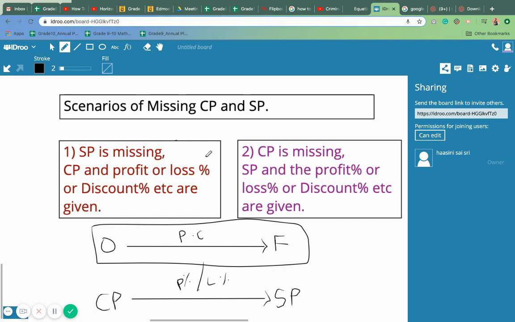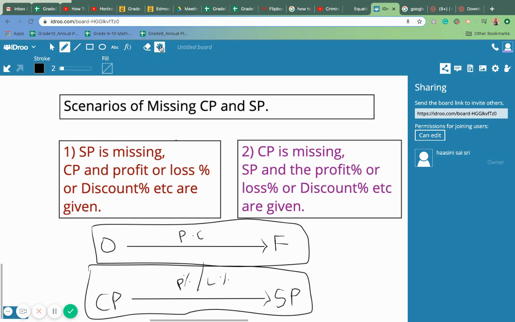Similarly, when we are looking at cost price and selling price, it is always important to make a flowchart similar to what we did in percentage change, and make sure cost price and selling price are written and the profit or the loss percentage is mentioned. If you compare these both, you'll be able to make the connection that cost price is nothing but the original amount, which undergoes a percentage change, which is the profit or the loss percent, and then ends up being the selling price, which is basically the final amount.